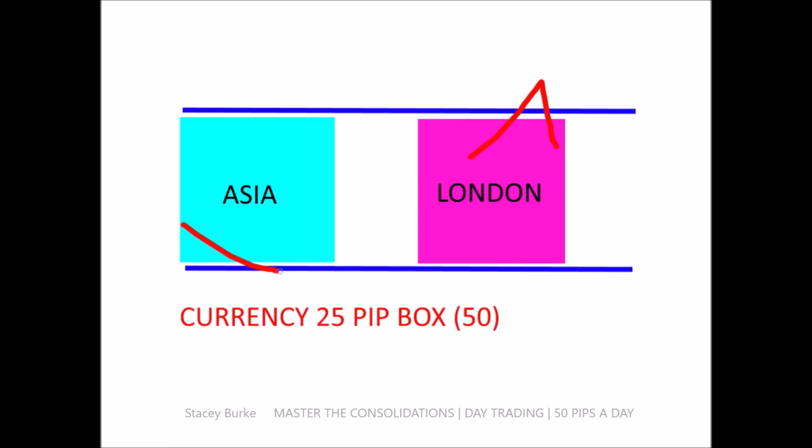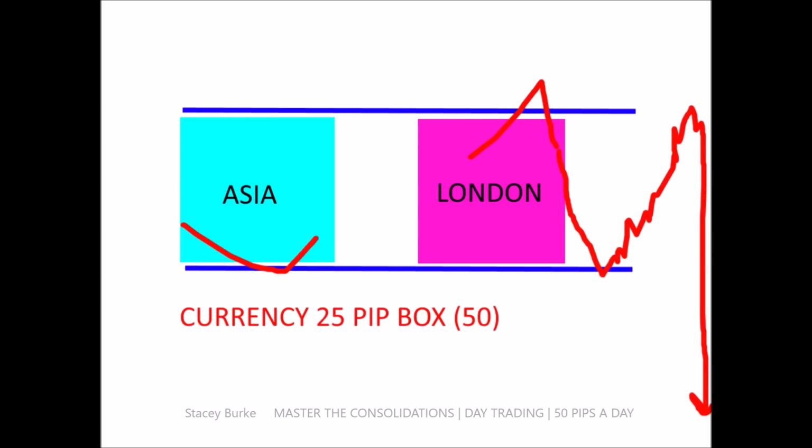We may have a peak formation in Asia. That's formed our consolidation. The market may have come down in London, pumps up, back up into the high of the day for a move back down through the low of the day. We can